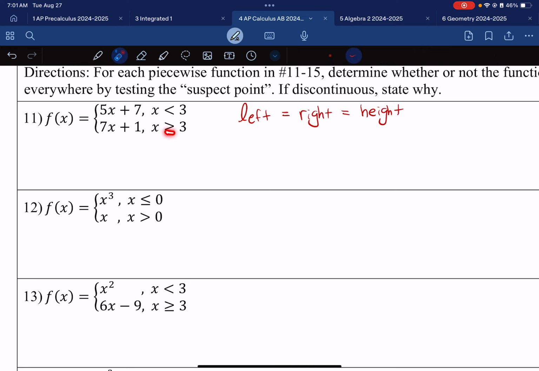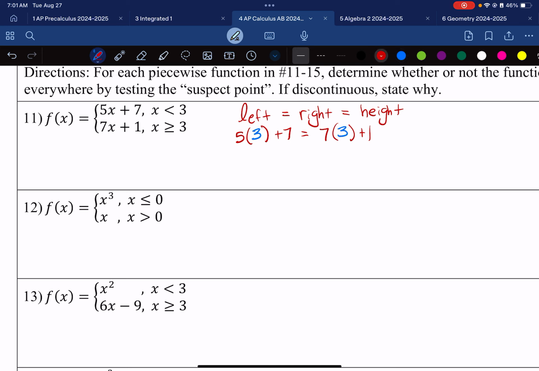So in this case, there's an equal to sign in this right piece. So the right and the height are the same equation. It doesn't make sense to write it twice, so I'm just gonna scribble that one out. I really am setting the left equal to the right. So I'm gonna set 5x plus 7 equal to 7x plus 1, and making sure all of these match up. Again, why did I not write an x here? Because I'm going to be plugging the suspect point in for x. So I'm going to plug in that 3,